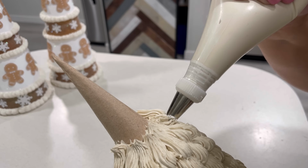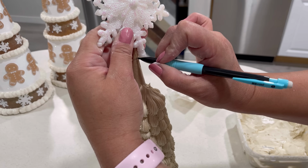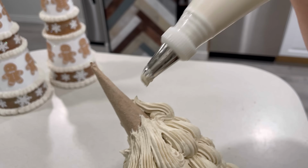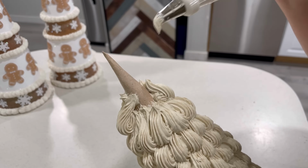And if you don't let it dry, it starts to crack, you guys. I didn't let mine dry because I was in a hurry to make the video. And as I was painting it, you guys will see that it starts to crack on me. So I would recommend, if you do make this tree, to let it completely dry, not only on the